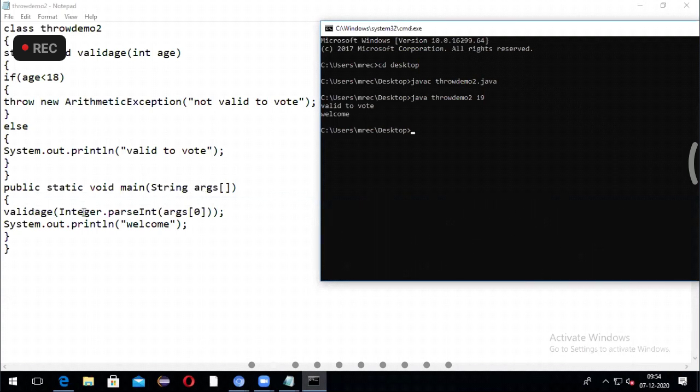So that is the reason you are converting it to integers. parseInt is a predefined method which is there in the Integer class. All these classes are there in the lang package. So Integer is a class. It has the parseInt method. It has parseFloat. If you want to convert it to a double, parseDouble. So this 19 is a numeric string, it is taken as a string, not as a number.